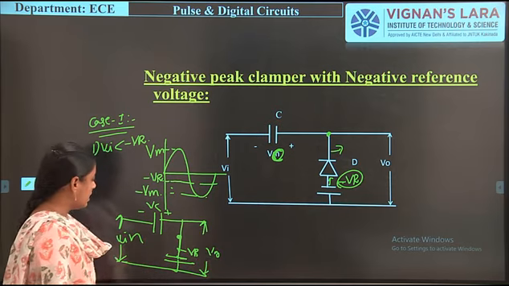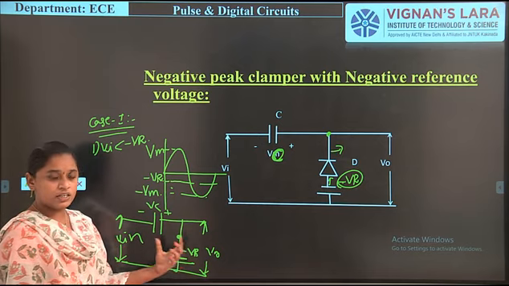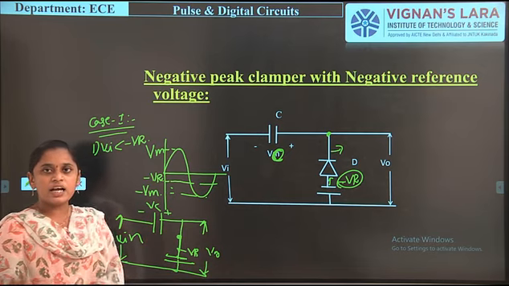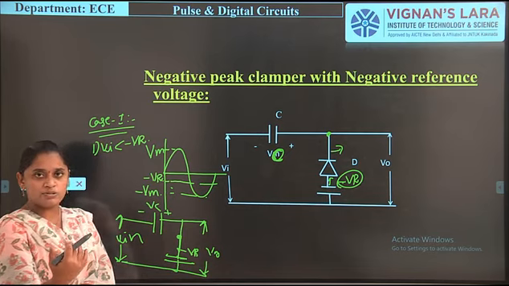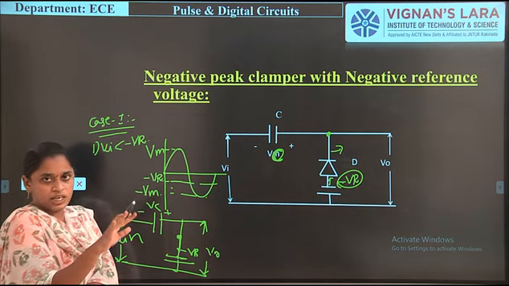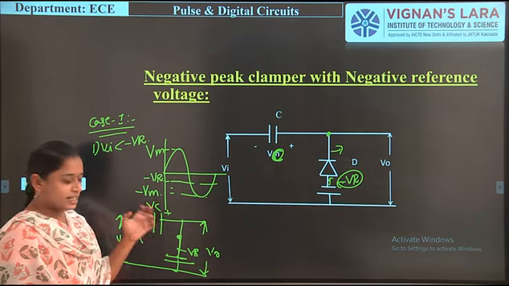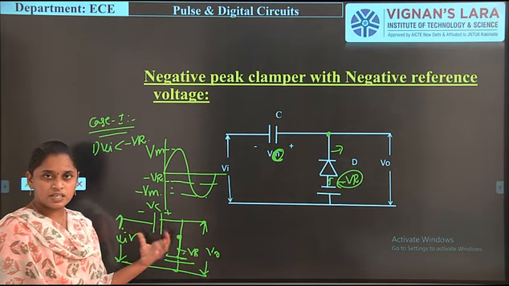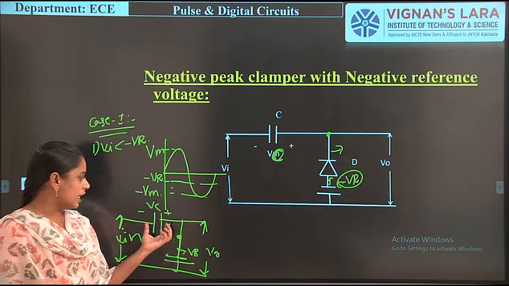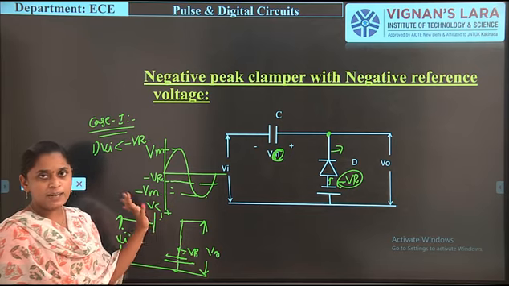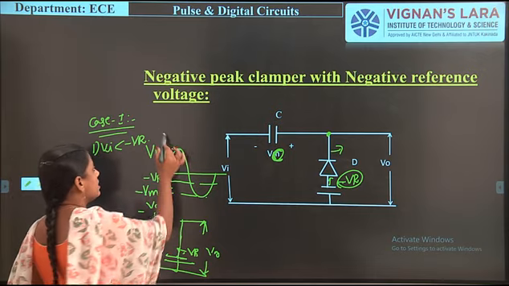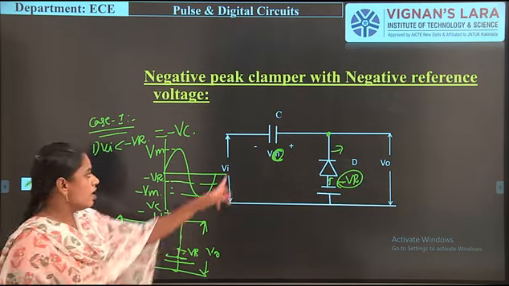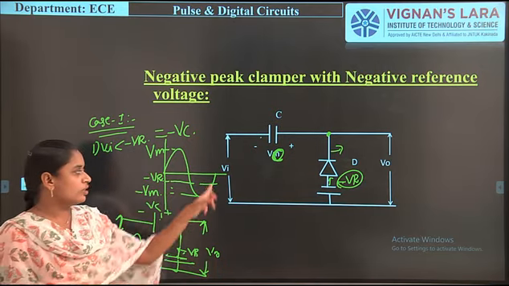When this input signal is passing through, the capacitor starts charging. The charging voltage is the maximum input voltage, that is Vm. The capacitor is connected between the input and the minus reference, so it charges up to its maximum limit, indicated with Vc. The capacitor charges up to the Vc level in the negative direction, that's why minus Vc, because we connect the negative terminal to the input Vi.